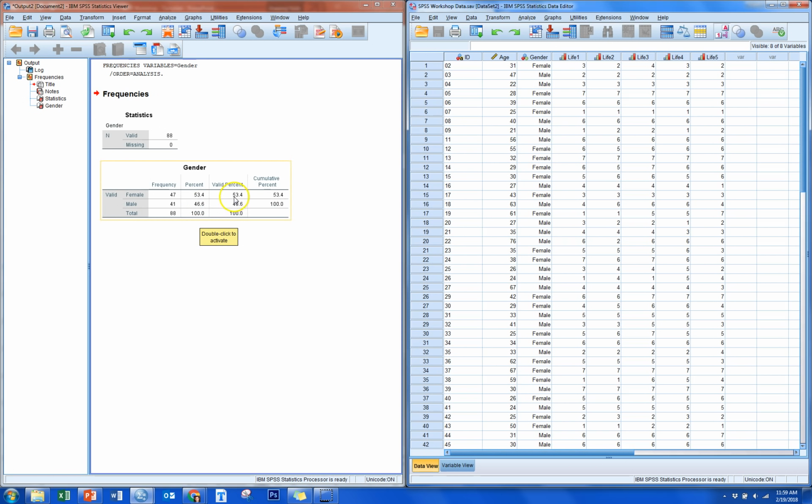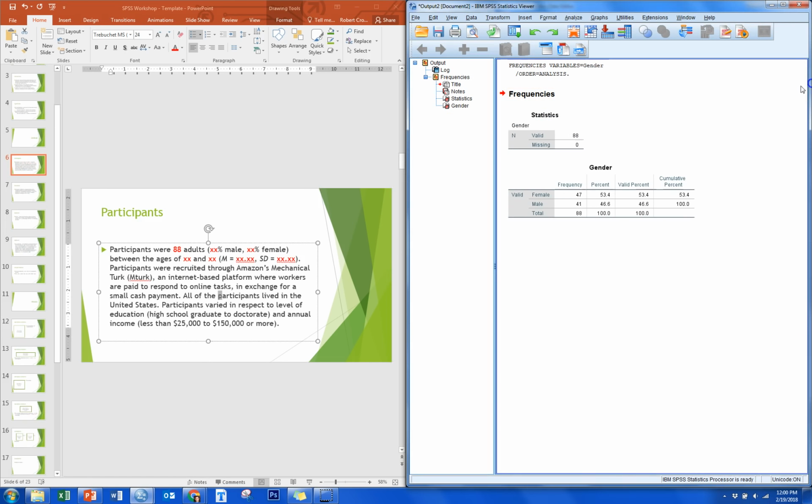Over here it says valid percent. What's going on here is if we had some missing data on this particular variable, valid percent would be based on the number that had data on that variable, where this would be out of the entire sample. So 53%, but it's the same because there's no missing data on this variable. Okay, so we have 53% female